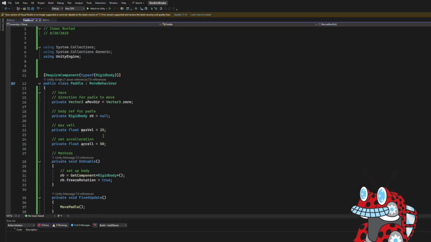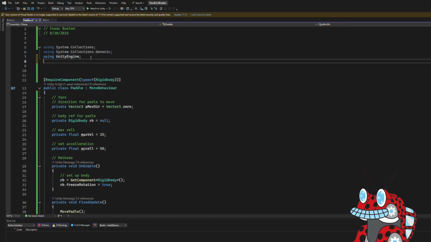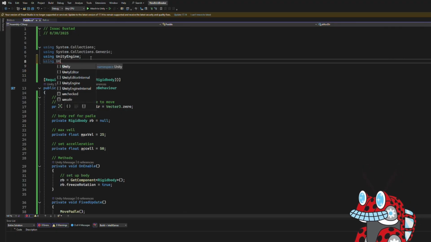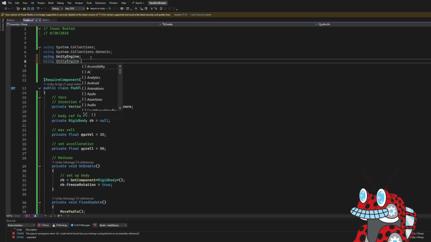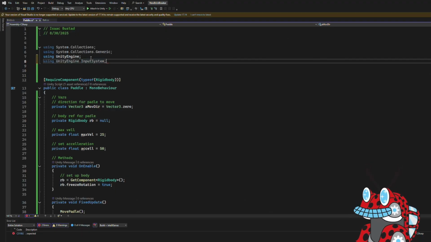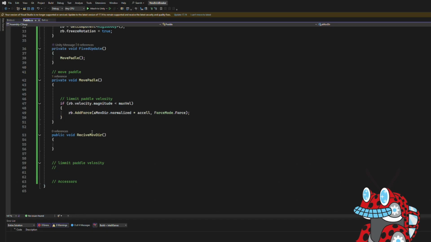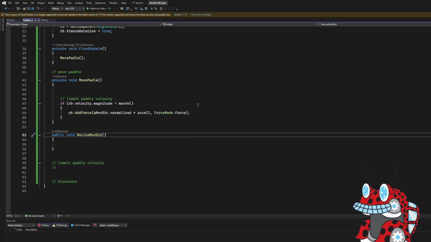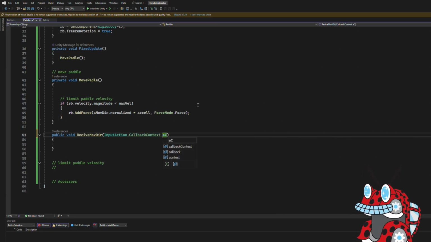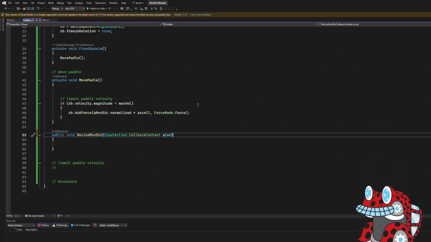And before we finish that, we need to use one more thing. In order to use the input system, we need using UnityEngine.InputSystem. So this allows us to use all the scripts in the input system. So everything in that new input system we can essentially access now, which is important because we need an InputAction.CallbackContext. I usually refer to them as ACOMs. So a context, a callback context,